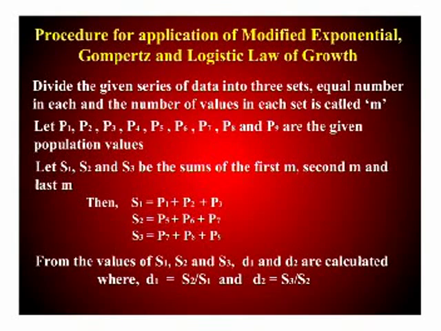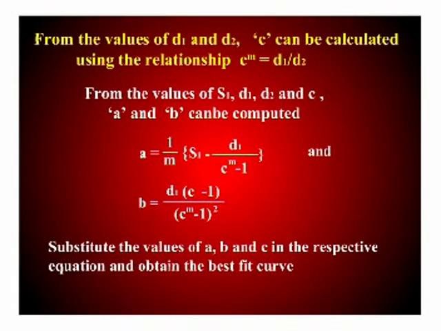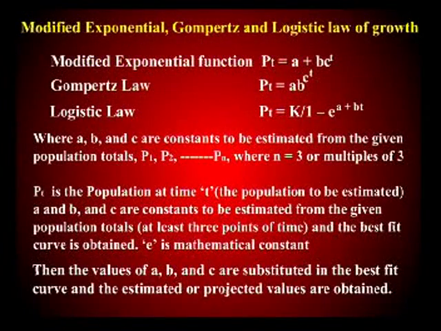From the population totals, compute S1, S2, S3, D1, D2 and D1 by D2. Once these quantities are computed, then C, A and B are estimated from the equations already given, 1, 2 and 3, in the population growth function equations, namely Pt equal to a plus b into c power t, that is modified exponential,